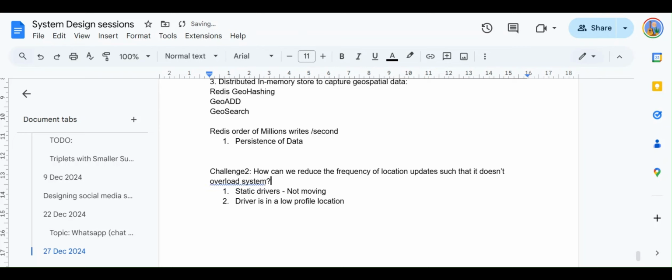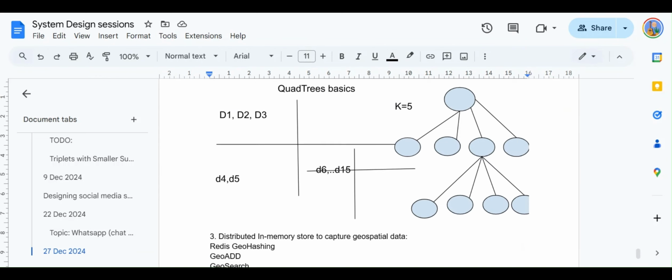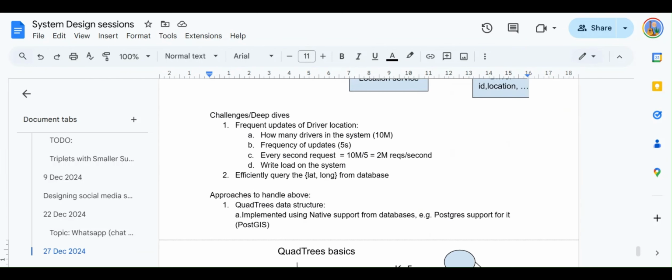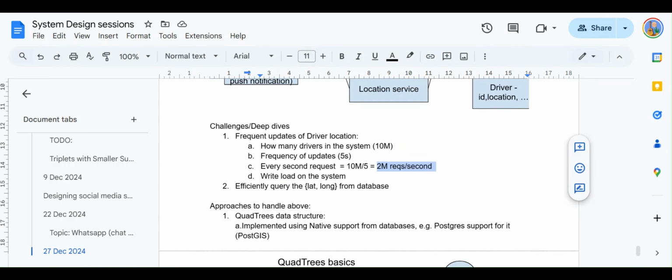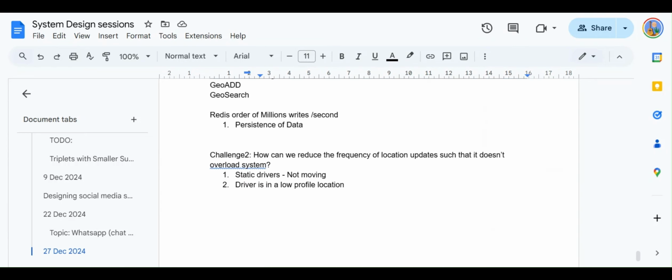Because the more updates there are, the more it's going to overburden our system. Our system is already handling these 2 million requests per second. And imagine that if we keep onboarding more and more drivers into the platform, this number will only go up, because we want to onboard as many drivers as we can. So it is overloading the system unnecessarily, and we want to bring it down as effectively as possible.